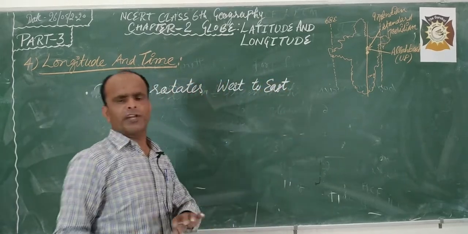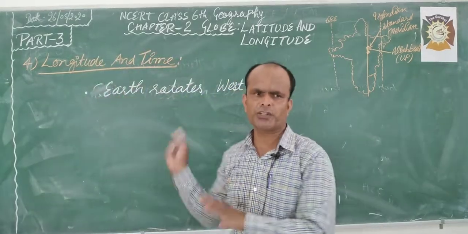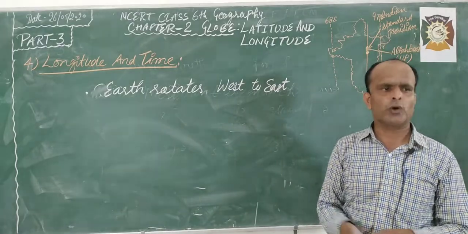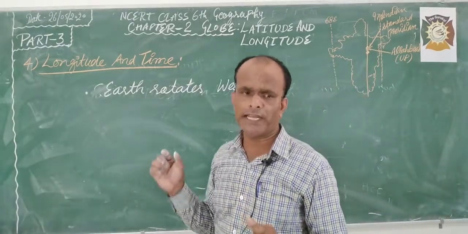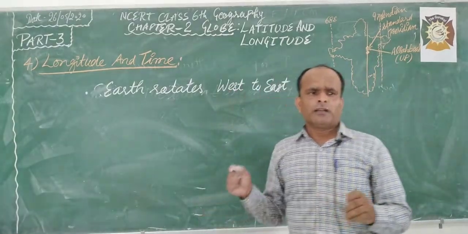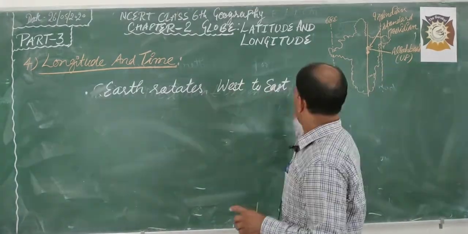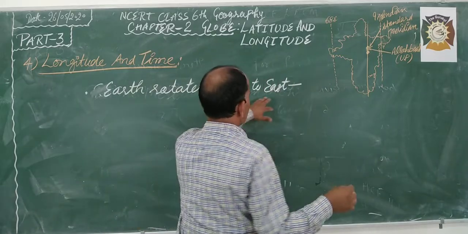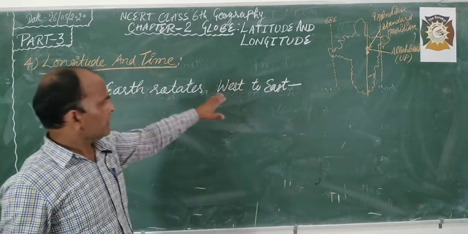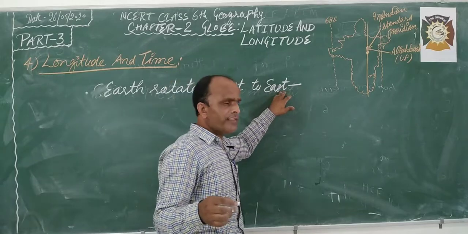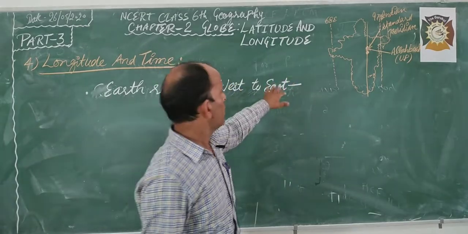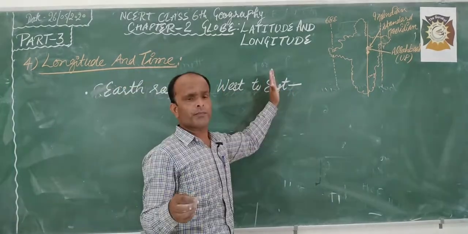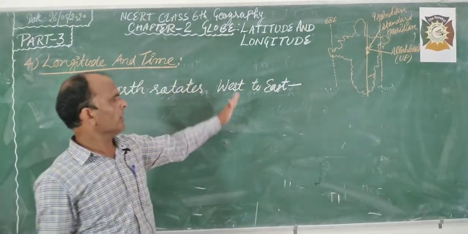So earth rotates west to east. The countries which are in the east, these countries face the early rising of the sun. It means जो देश ईस्ट साइड में पड़ेंगे वहां पर क्या